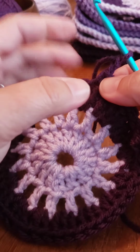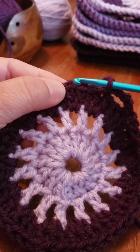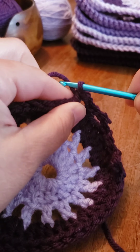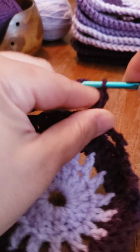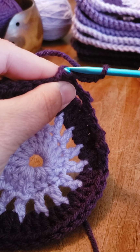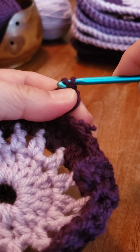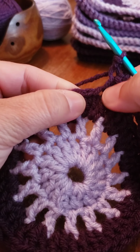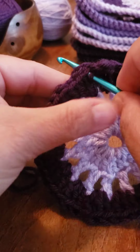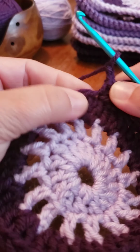Then you're going to come, because you're working your way around and you're creating corners. So you're going to skip 1, 2, and you're going to work a single crochet into this space, and then you're going to repeat this all over again. So you're going to chain 5, 1, 2, 3, 4, and 5. You're going to single crochet at the base, which is the 5th chain from the hook. So slip stitch into there, and then there's your stitch that you worked in. So now you're going to skip 2 into here, single crochet, chain 2, 1, 2,